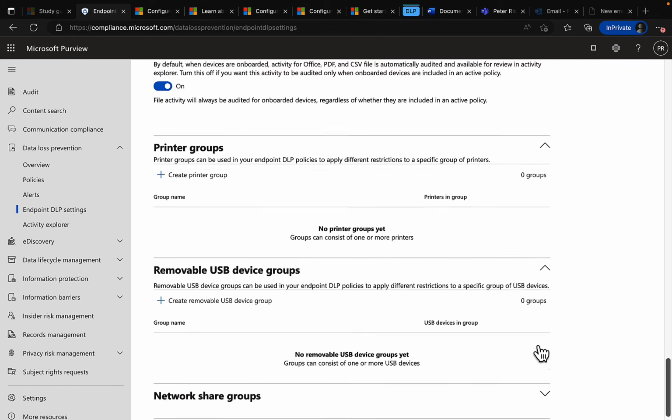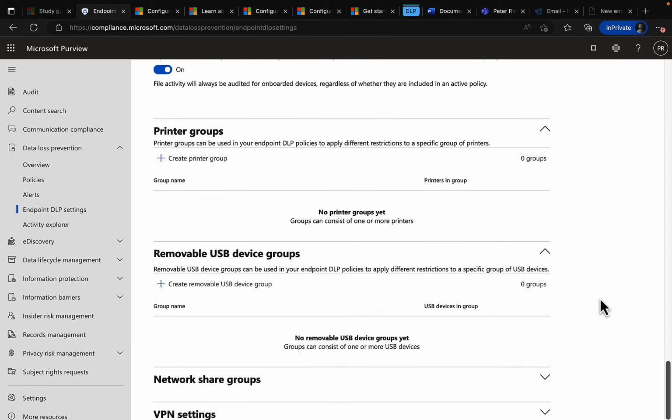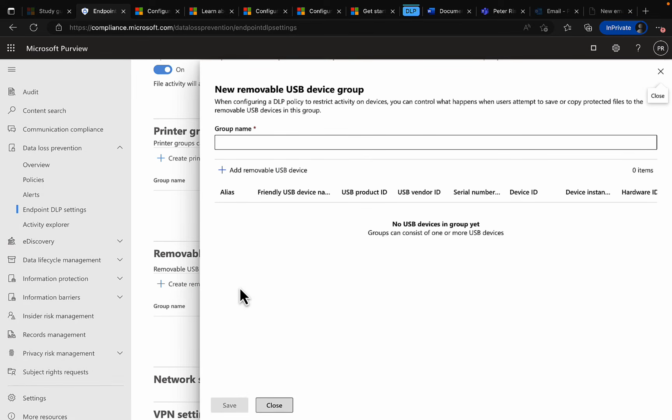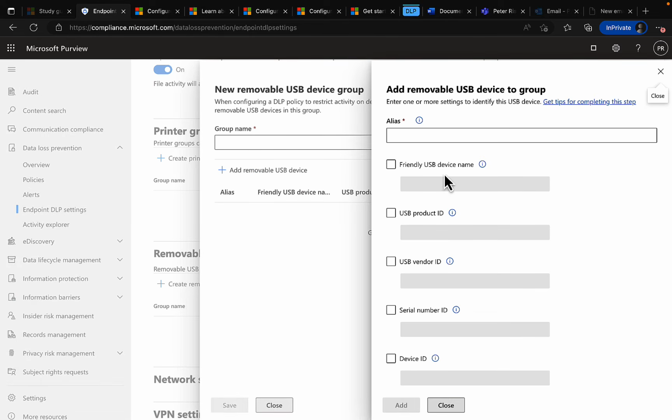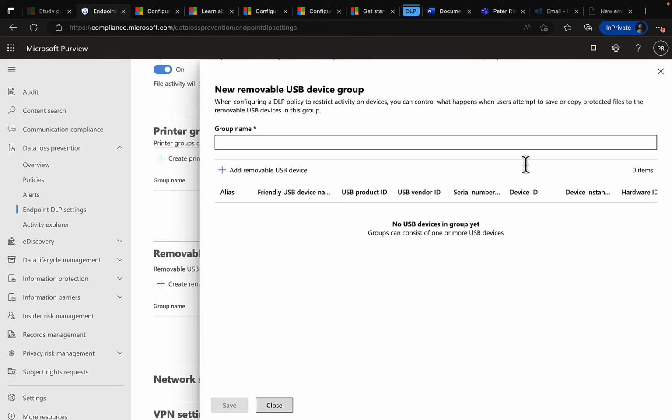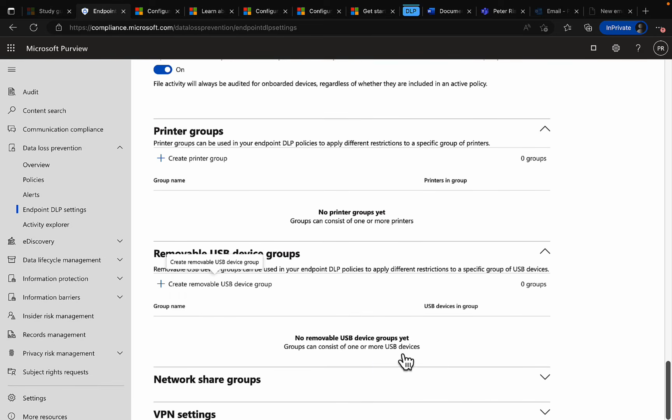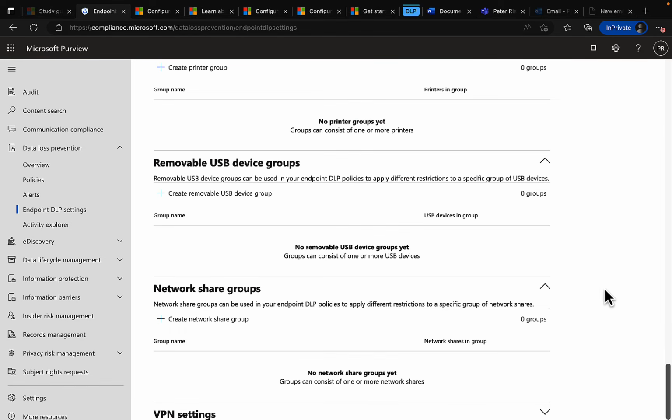Removable USB device groups. So here, removable USB device groups can be used in your Endpoint DLP policies to apply different restrictions to a specific group of USB devices. So again, you can create, similar to the printers really, group names and add a removable USB device and so on. Network share groups, similar principle. You can create the network share groups there. And then finally,